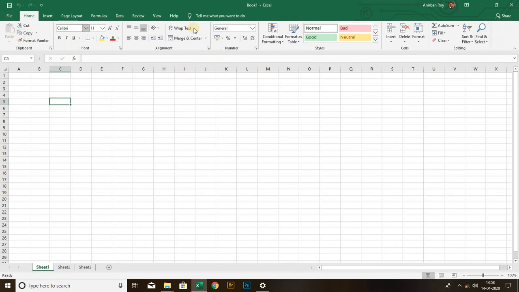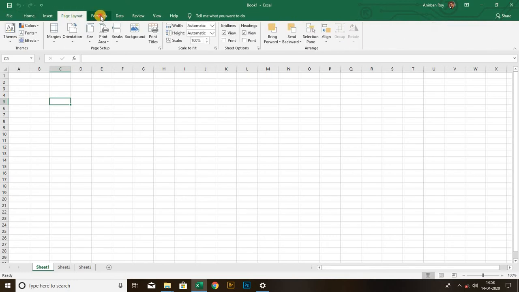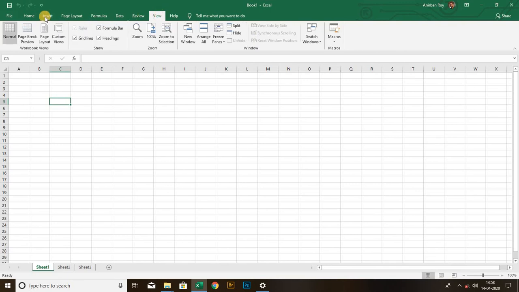This portion of your Excel window is called the ribbon. And as you can see, the ribbon changes when we change the tabs. The content of the ribbon changes with the tabs.